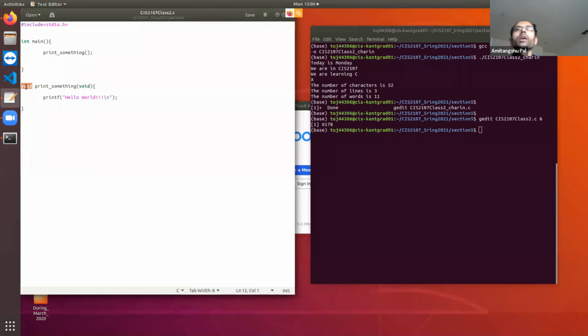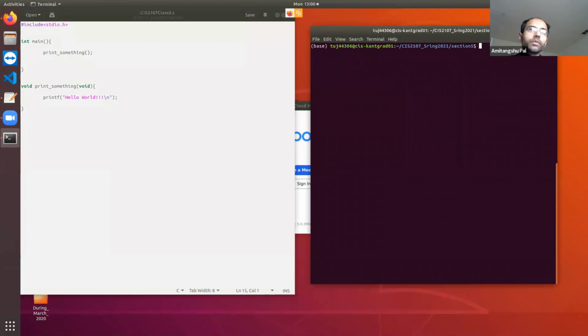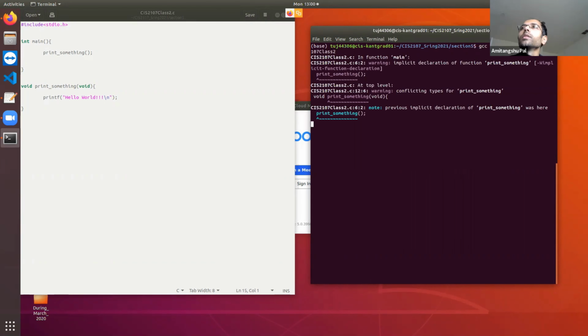Alright. So let's run it and check whether it is compiling properly or not. It is supposed to give a warning. So you can see that it is giving a warning, implicit declaration of function print something.